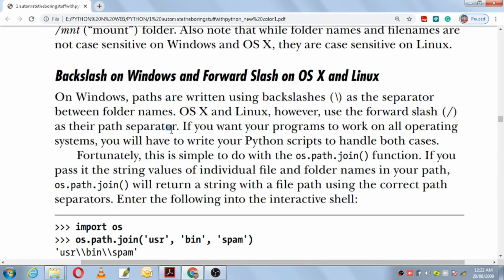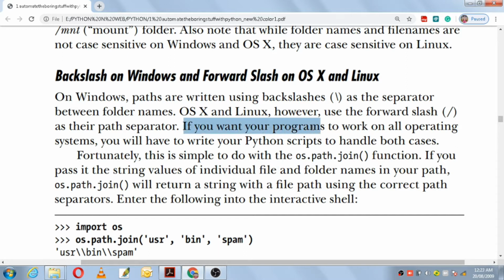So on Windows, paths are written using backslashes as the separator between the folder names, and OS X and Linux use the forward slash as their path separator.